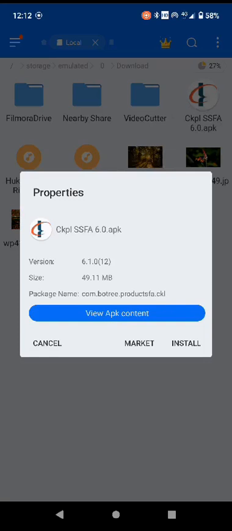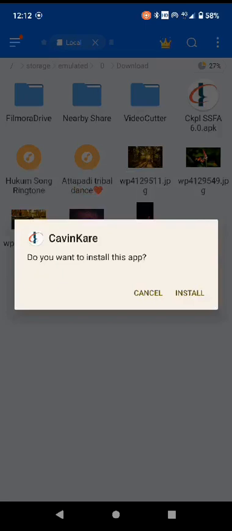While uninstalling the old version of SSFA, kindly do a manual sync once, and only once the sync is completed can you download and install this version 6 on your mobile. Once you start installing version 6,